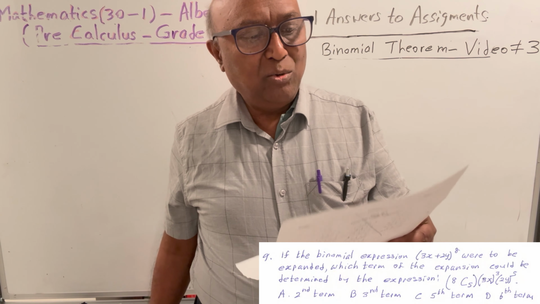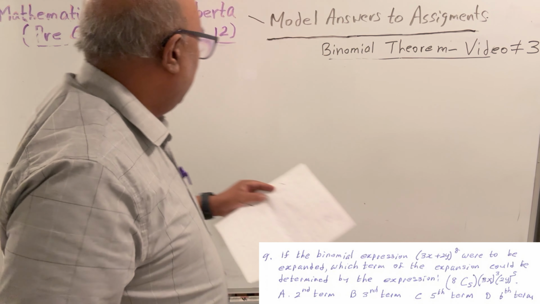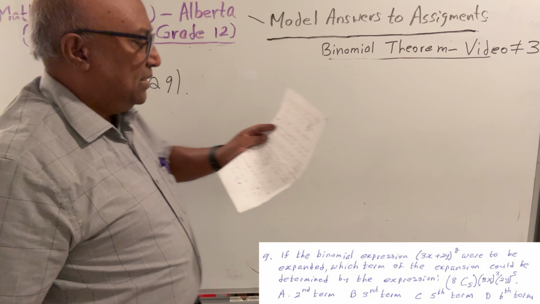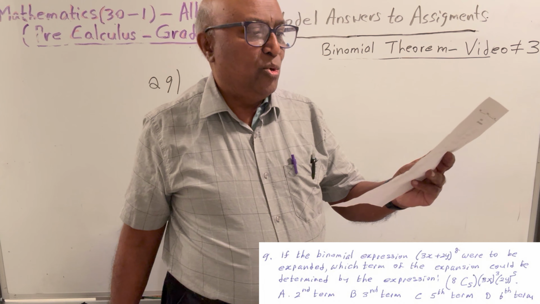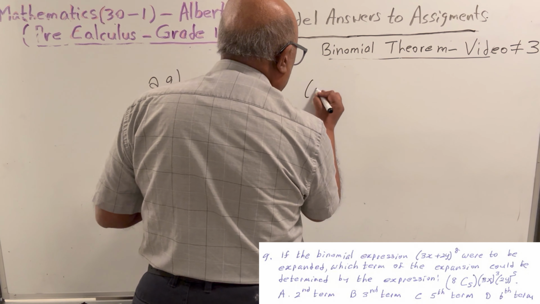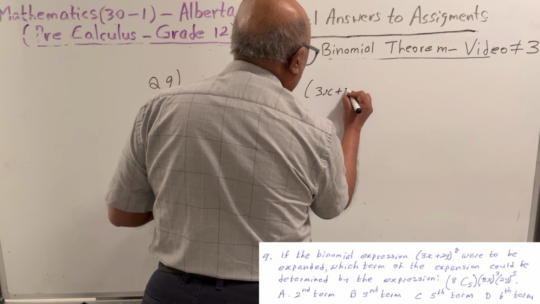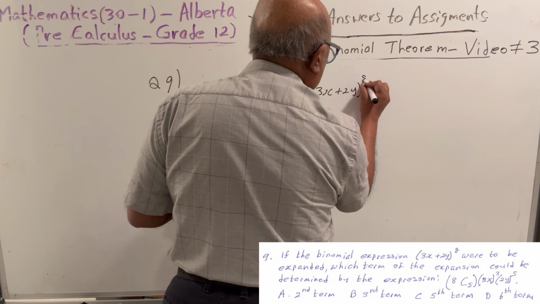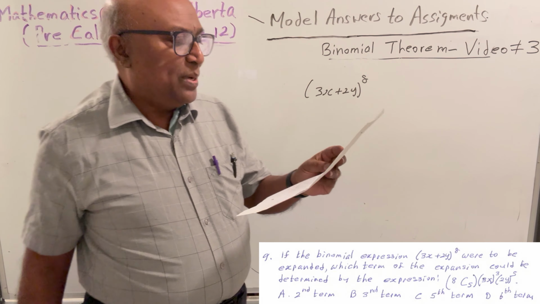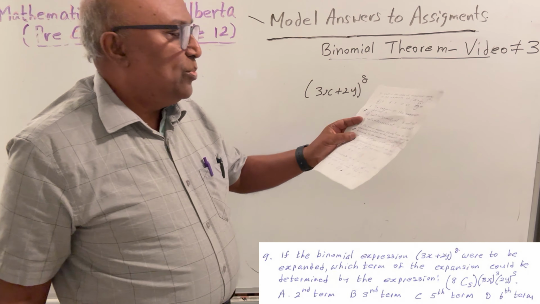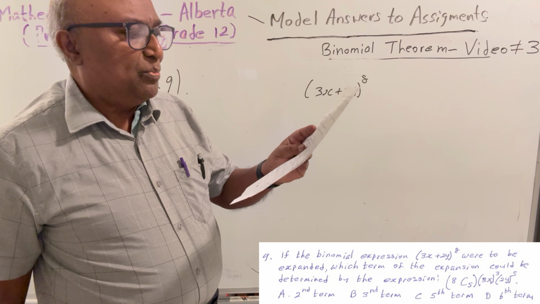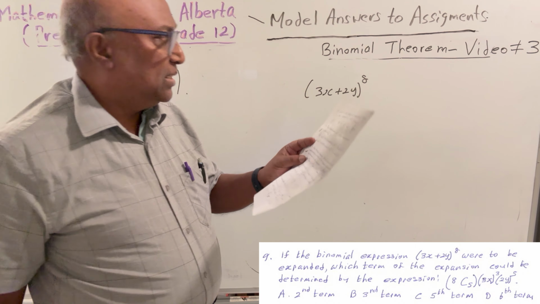Okay, dear students, now let's go to the next question. Question number 9. What does it say? If the binomial expression (3x + 2y) to the power 8 were to be expanded, which term of the expansion could be determined by the expression